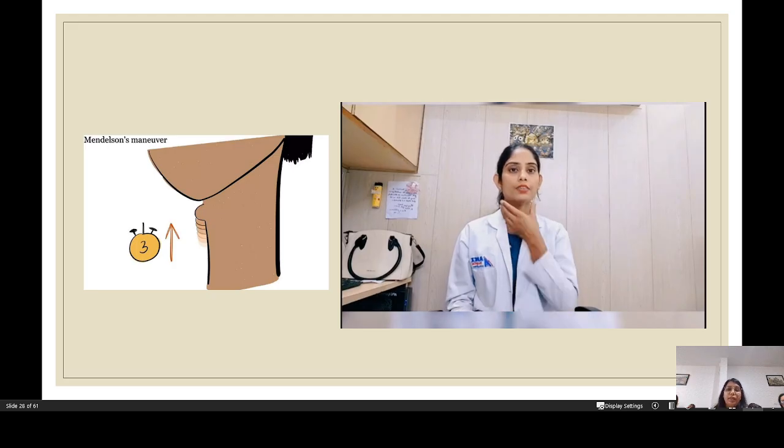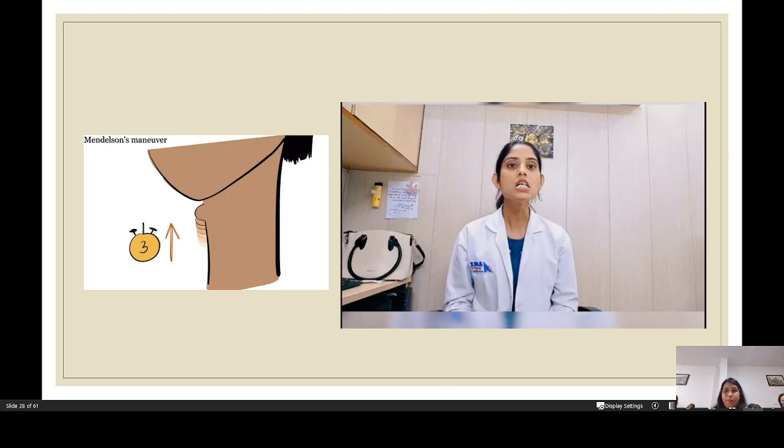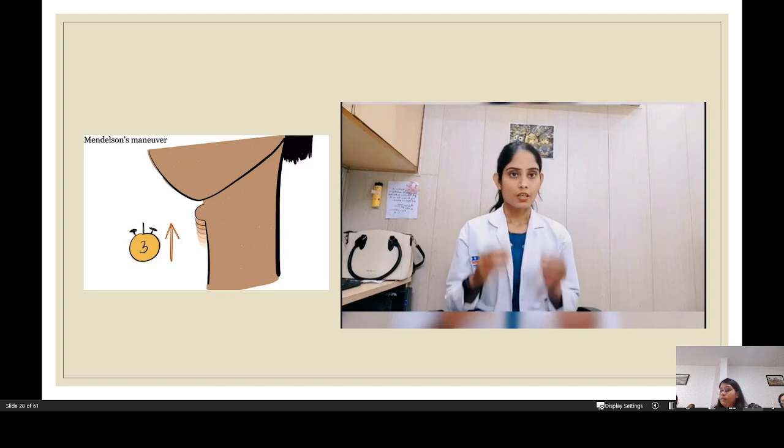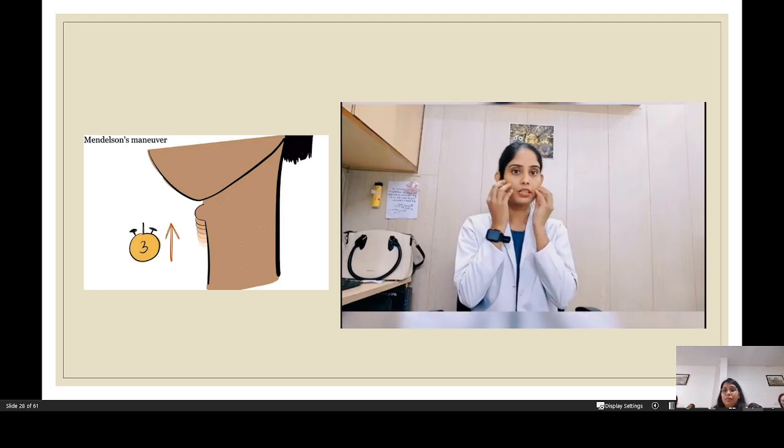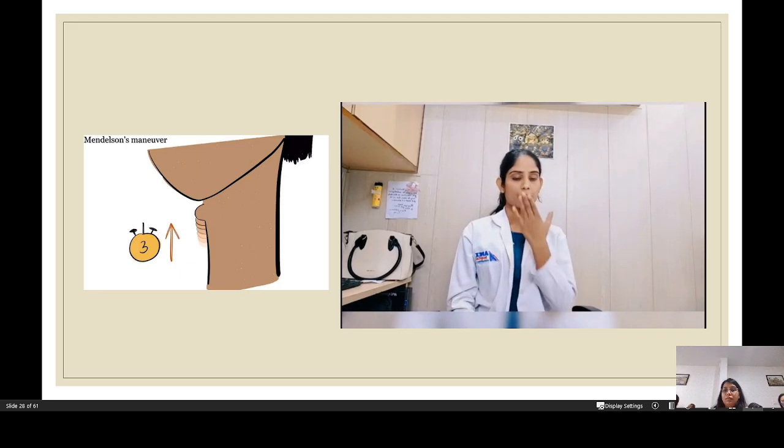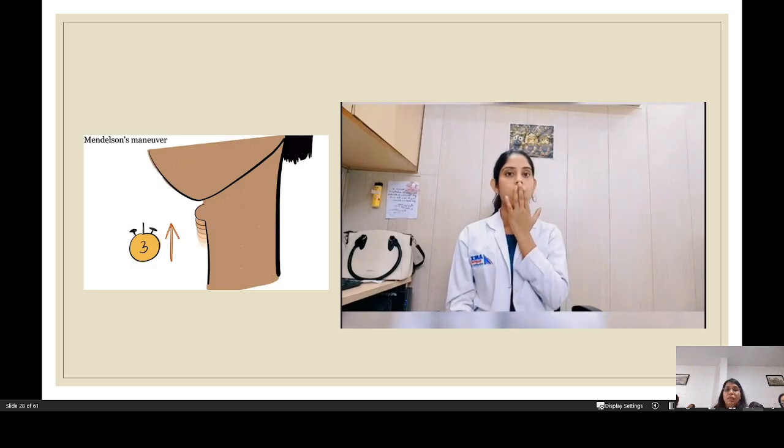This is the jaw mobility exercise. This is for the cheek fibrosis exercise. We have to fill air in our mouth and